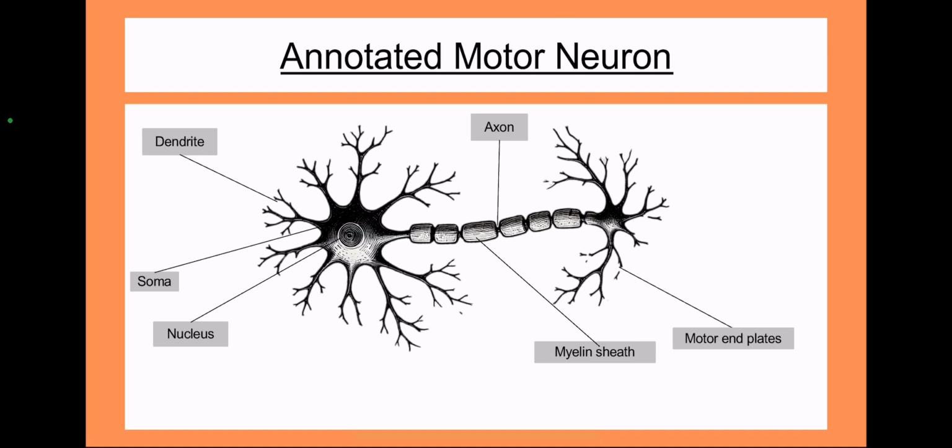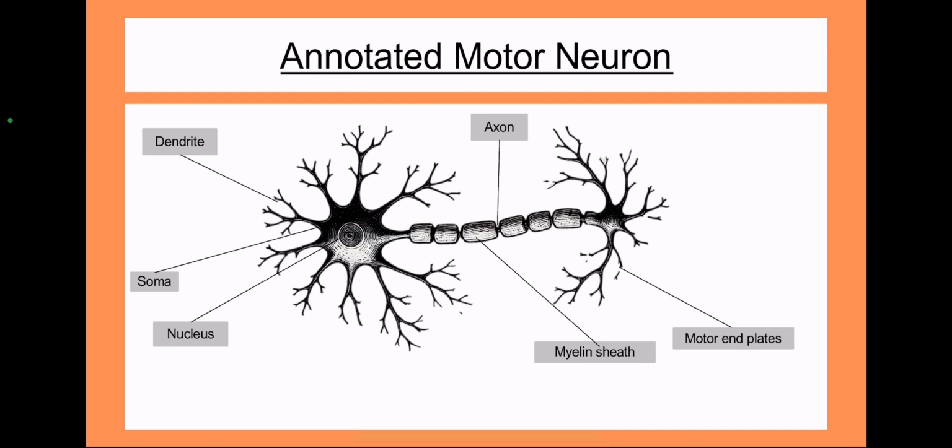So over on the left, you've got the dendrite. This is the part of the neuron which receives messages from previous neurons. We've got the soma, which is another name for the cell body. We've got the nucleus, which is where the genetic material is held. We've got the axon, which is the long tail part of the neuron, which takes the message away from the